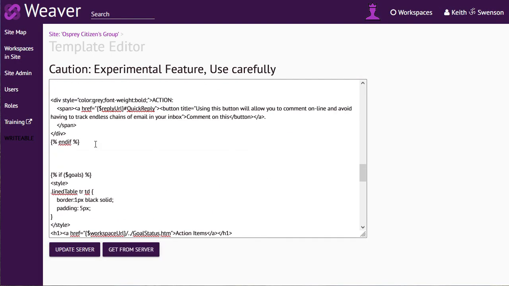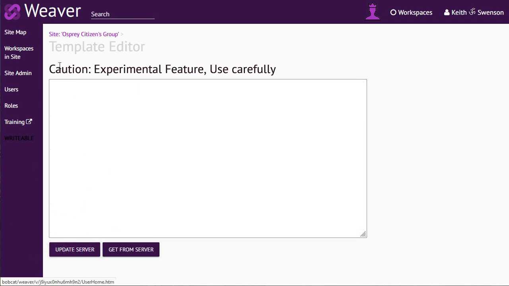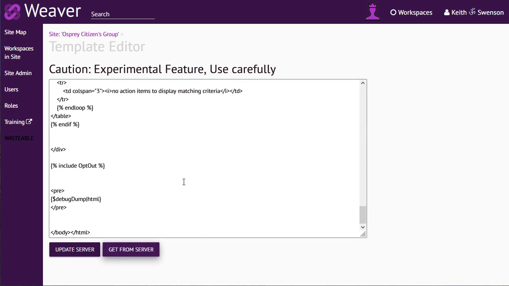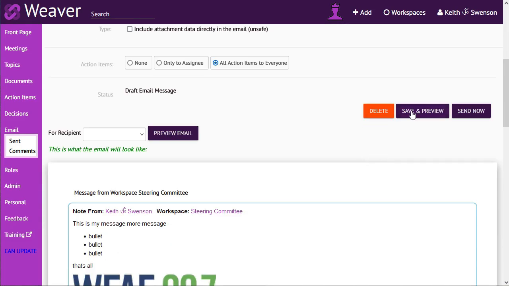Back here, if we look down at the bottom of this, you may have something that appears like this in your template. This is basically calling this variable called debug dump, and it's formatting that as HTML, so you'll be able to see it, and it's putting it inside of pre-formatted tags. Now this and this is the beginning and ending of a comment in the template language. So what I'm going to do is remove this as a comment, and now this is going to be part of it. I'm going to click Update Server. Okay, I'm going to refresh the page and get it from the server and make sure that it's there, so it's all there. Now let's take a look at what effect that has on the email. Again, we do a save and preview,